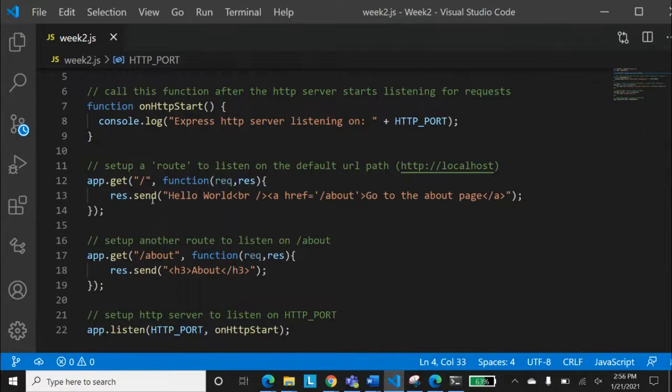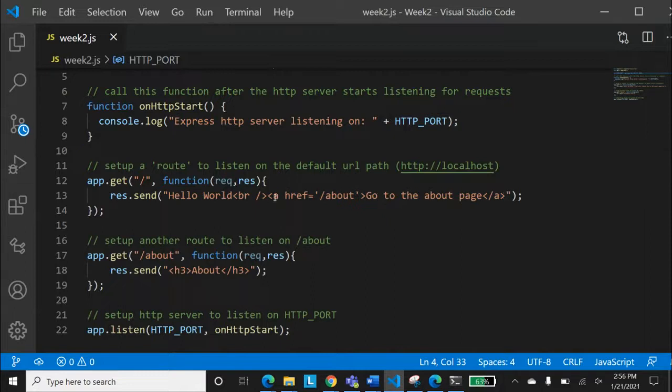And response.send, so what is it doing? It's sending us the response back. RES is the response, REQ was the request. Whenever someone comes to this server, you send something. And what do you send? You send hello world and an ahref. You are familiar with this ahref format?